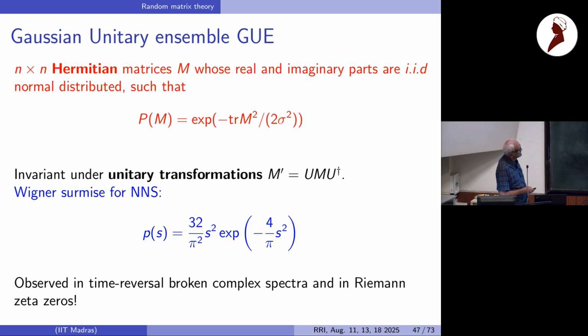So for the case of Hermitian matrices, GUE is a unitary ensemble, you require that it be invariant under unitary transformations, not orthogonal. This allows for time reversal breaking systems. And then if you do again trace M squared, but M is now complex, its real and imaginary parts are IID normally distributed, and it's given by this. Using just a 2 by 2 example, you can derive the Wigner surmise for that. The important difference is it goes as s squared e to the power minus s squared. So there is more level repulsion because time reversal is broken.